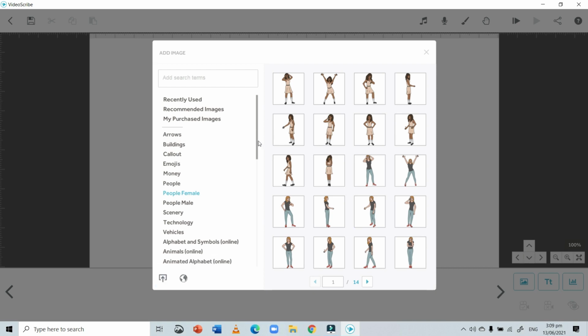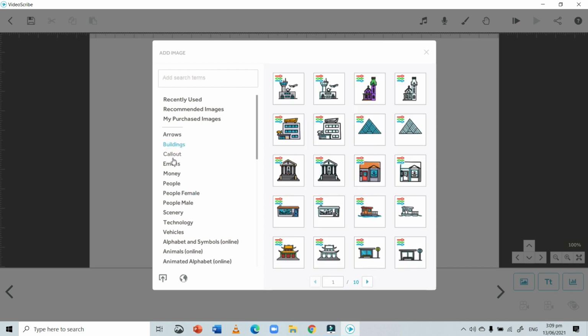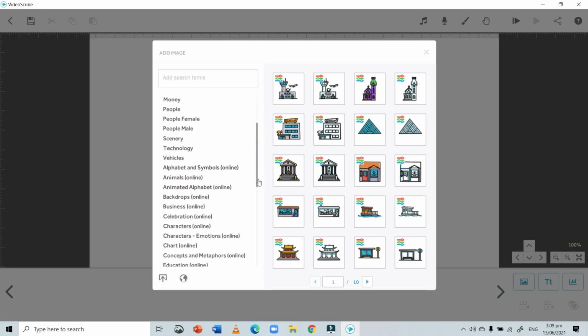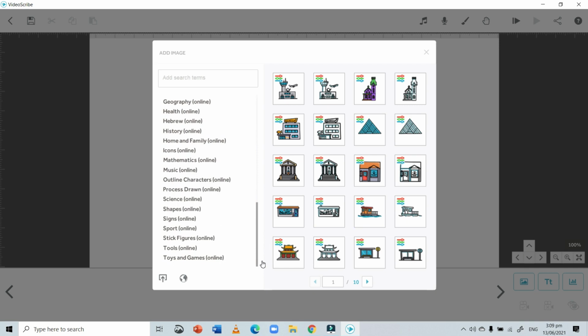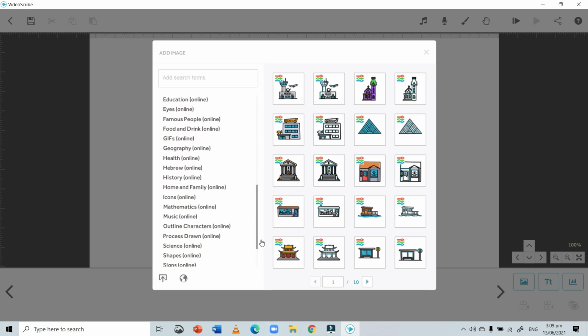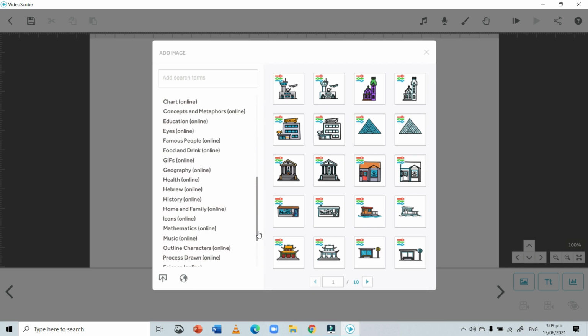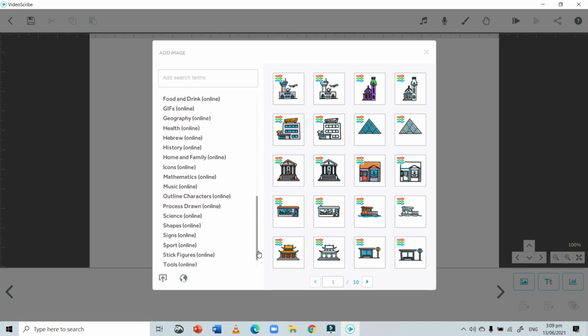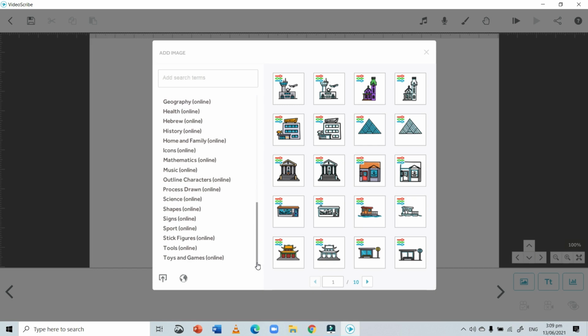But the most appropriate option is to find the image from here. You can just search from here, or you can just click on the category and the pictures will appear in front of you. So I would suggest that you first of all visit all these, because there are so many amazing pictures. If you have visited and seen all the pictures, only then will you be able to make use of them according to the scenario to create a creative, amazing and attractive video.